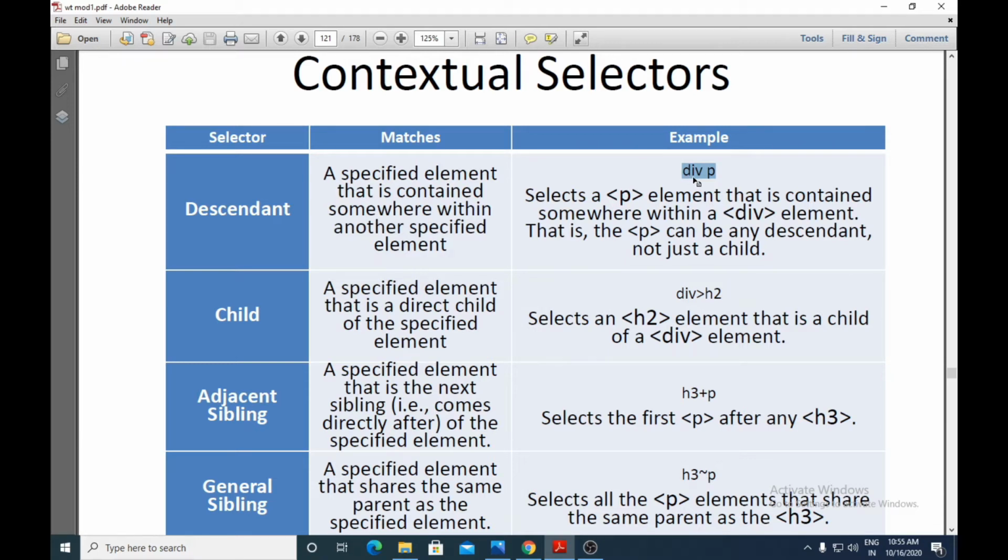Div is used for division. So the p element is a descendant of the div element, anywhere within it. It will style the p element which is within a div element, and descendant means you have to give a space.